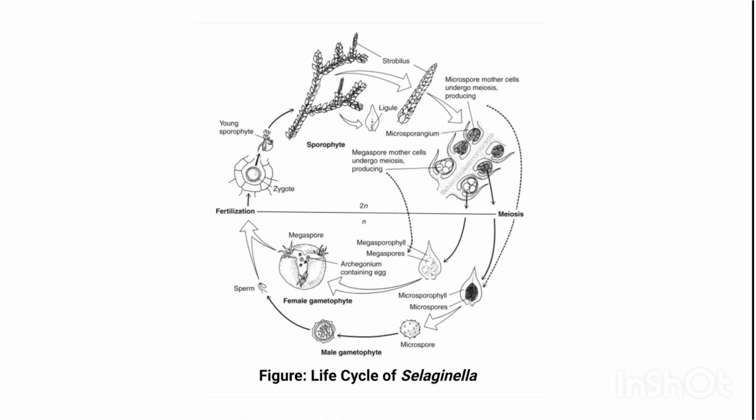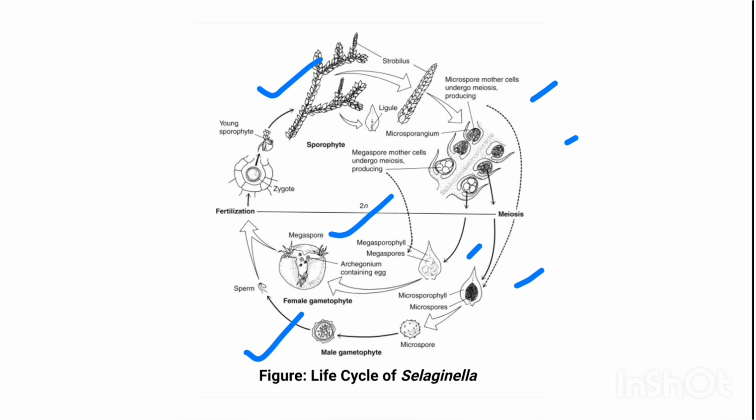Next, this is the diagrammatic or graphic representation of the whole life cycle of Selaginella. It is the sporophytic plant. They produce micro and megasporangium. Then after meiosis, microspores and megaspores are formed. Then from micro and megaspores, male and female gametophytes are produced. Then fertilization,